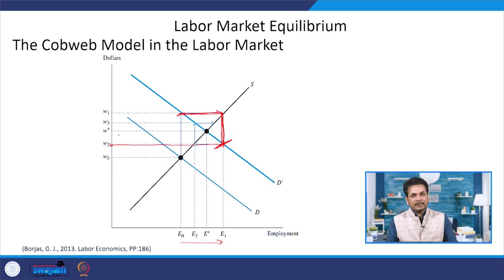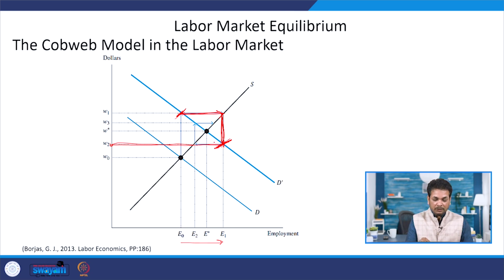So, the point here is that now there is an oversupply of these engineers, which leads to a reduction in the wage rate. E1 individuals entered this profession looking at the wage rate W1, but when they enter into the labor market, they find that their number is oversupplied and the wage rate has declined to W2. The actual wage rate they are going to get is W2. Now, after a few years,